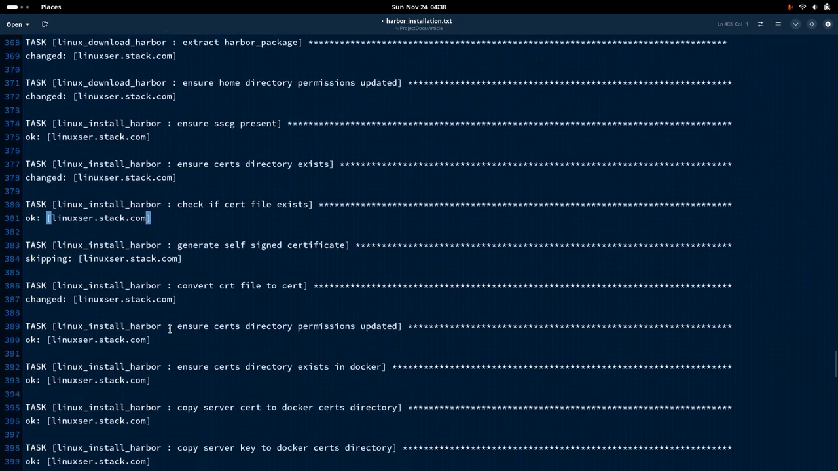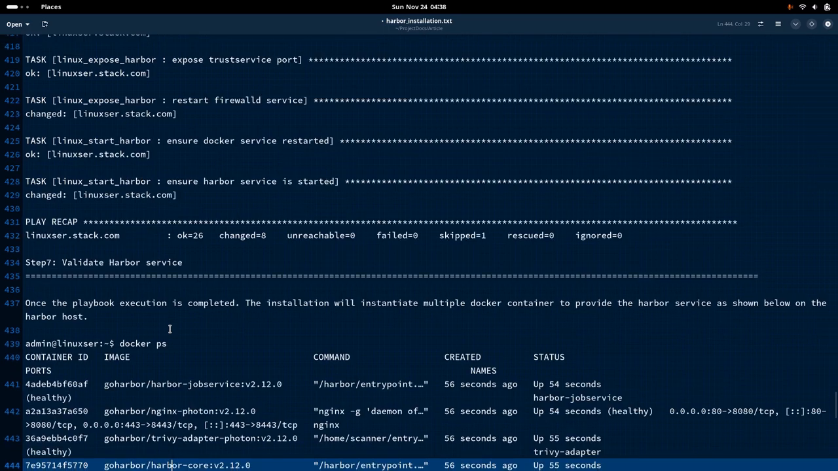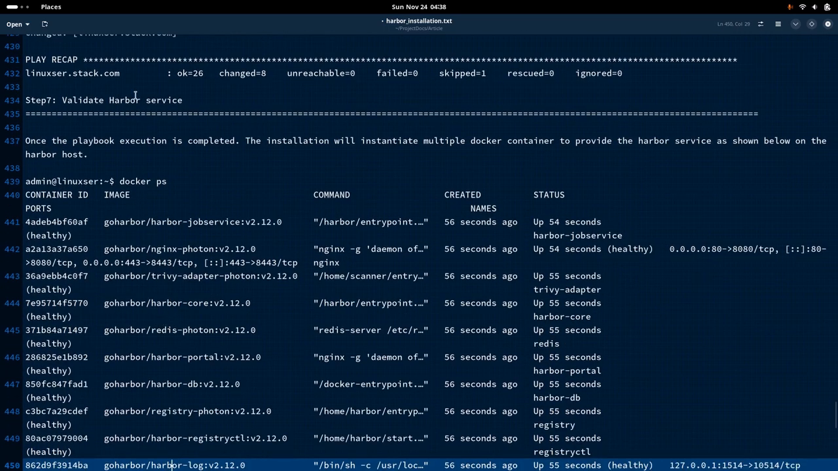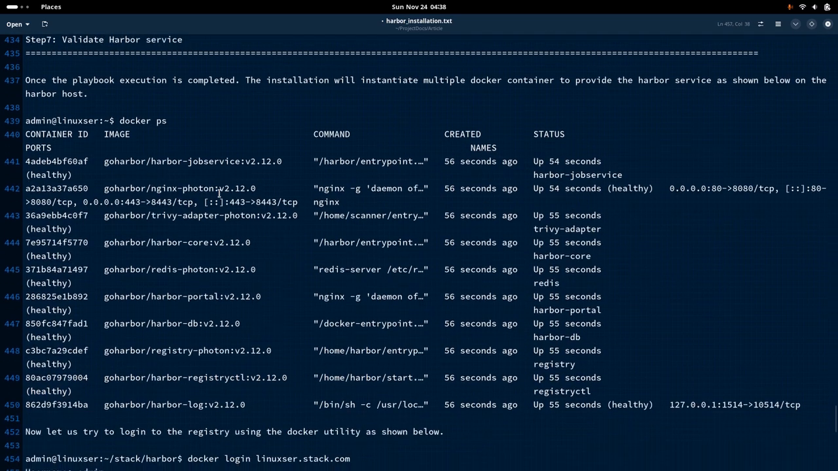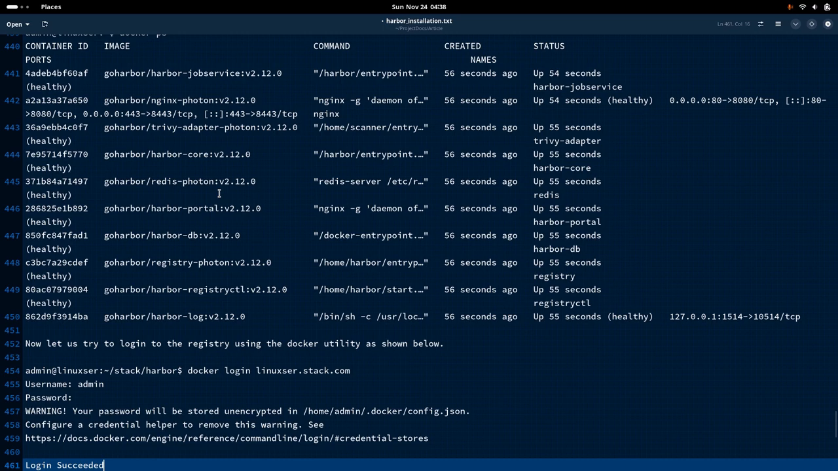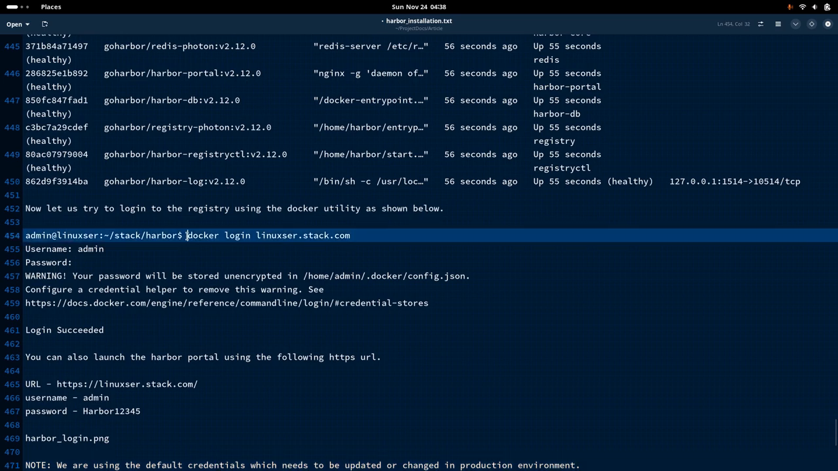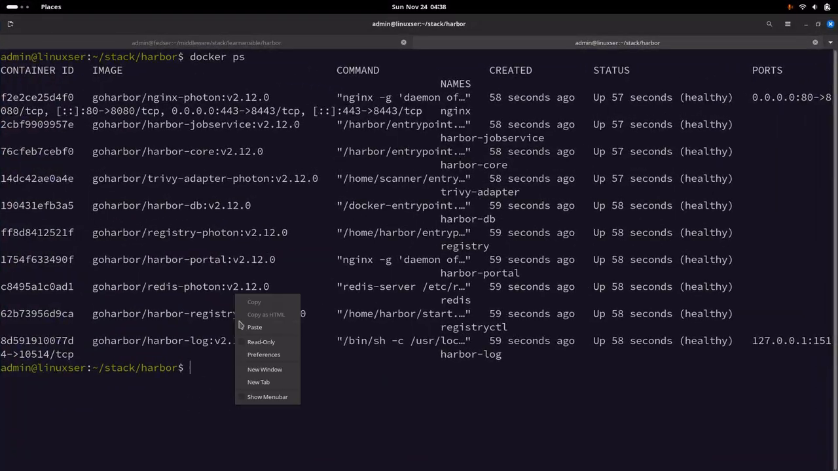So this is my complete execution without any tags. That is the execution output. Once that is done, in step 7, we are validating the Harbor service. I have already shown you how all the different Harbor services are starting up as a Docker Compose service. And once that is done, the next thing that we can verify is whether we are able to log in onto the